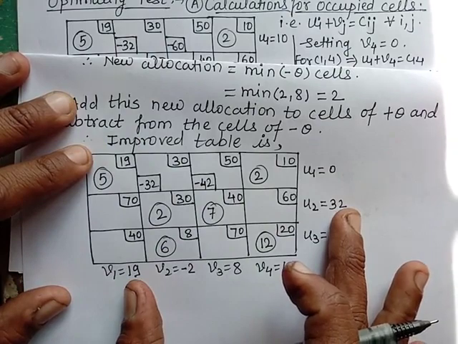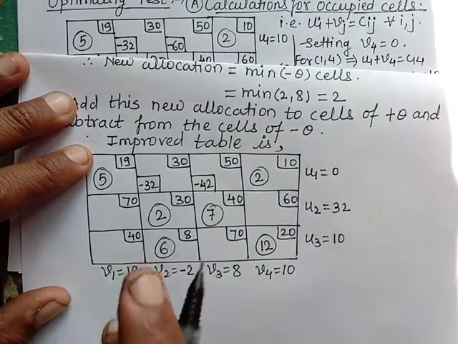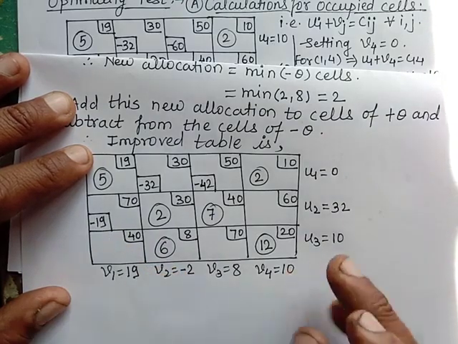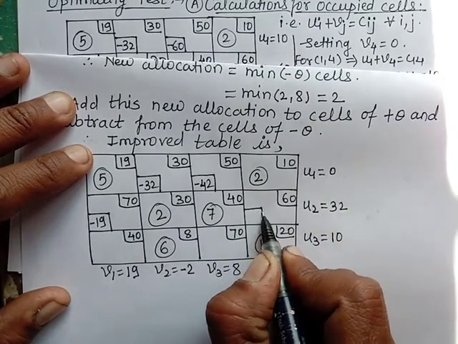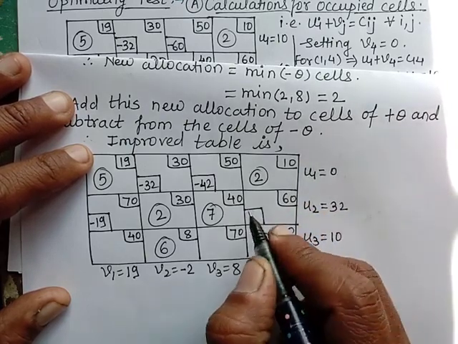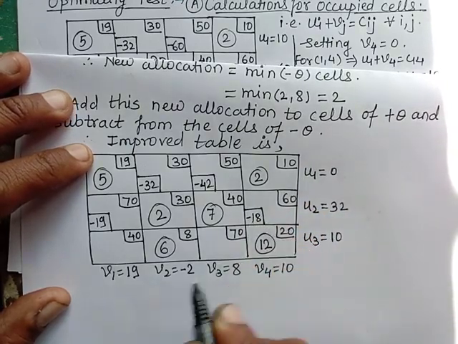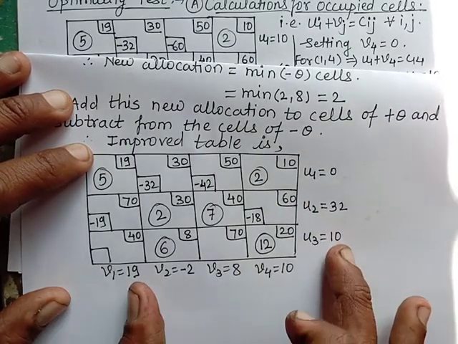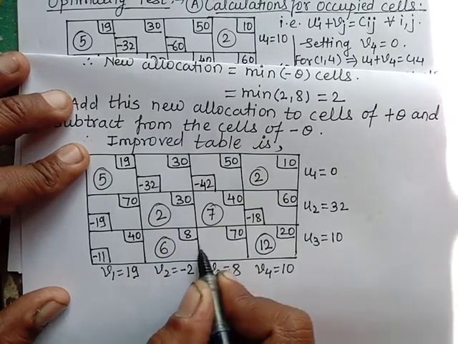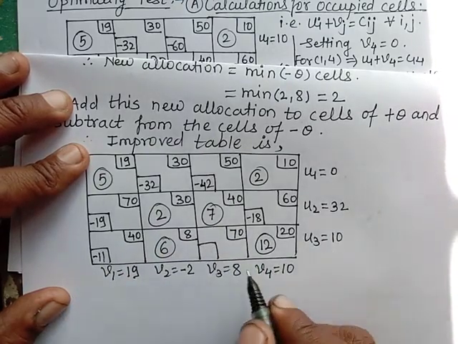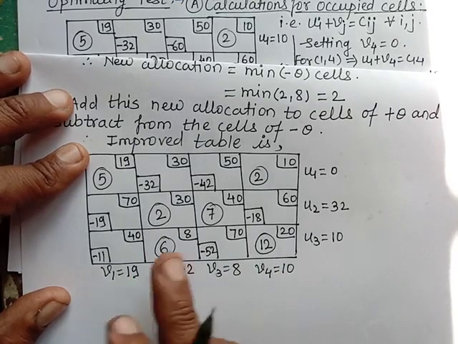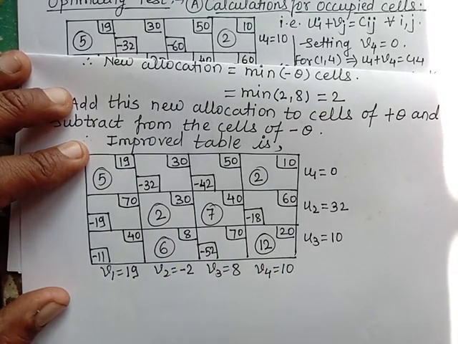Okay. Again 19 plus 32. So 41. Sorry, it will be 51. 51 minus 70 will be minus 19. Okay. Simply we have to add these and subtract the cost from it. So 10 plus 32 will be 42. 42 minus 60 will be minus 18. Fine. Now here 19 plus 10 will be 29. 29 minus 40 will be minus 11. Then here 8 plus 10 will be 18, minus 70 will be minus 52. So as such we can easily determine these. No need to write them in detail always.